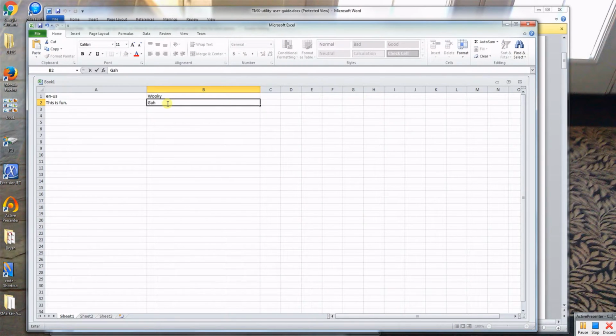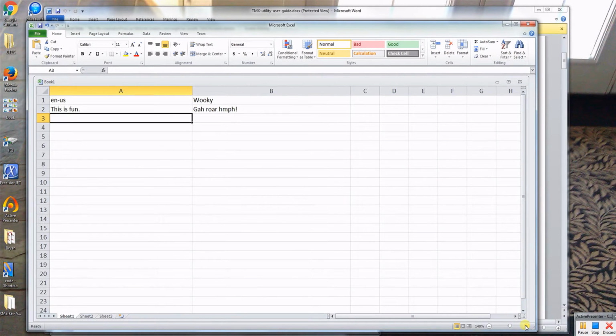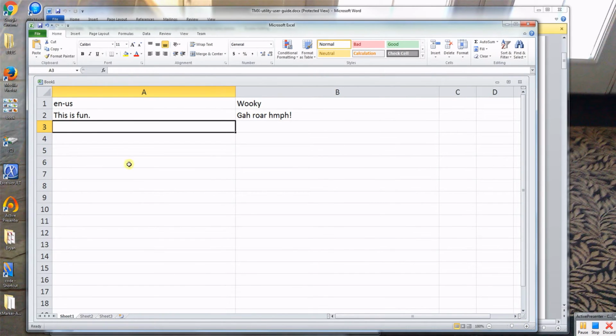Gaw, Roar, Humph. Okay. I'm just making all of this up, obviously. Here, I'll blow this up a little bit so it's more readable. Okay, so then the second language pair that we're going to already have translated is going to be